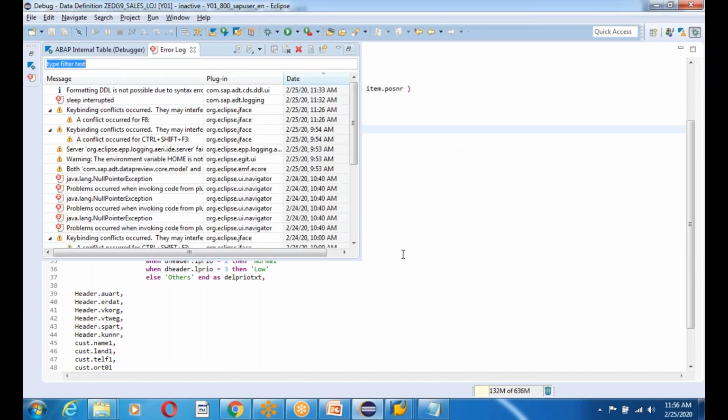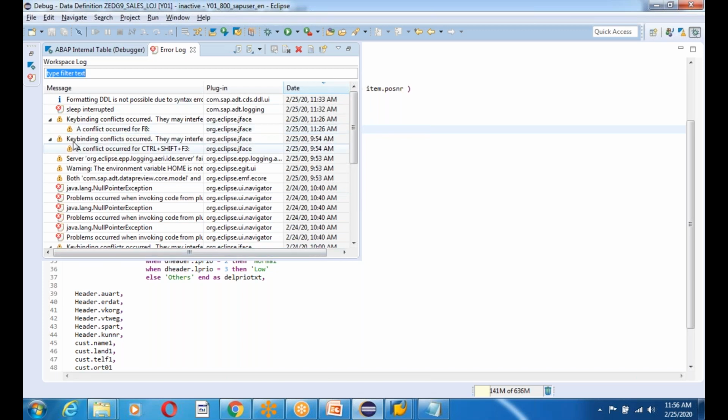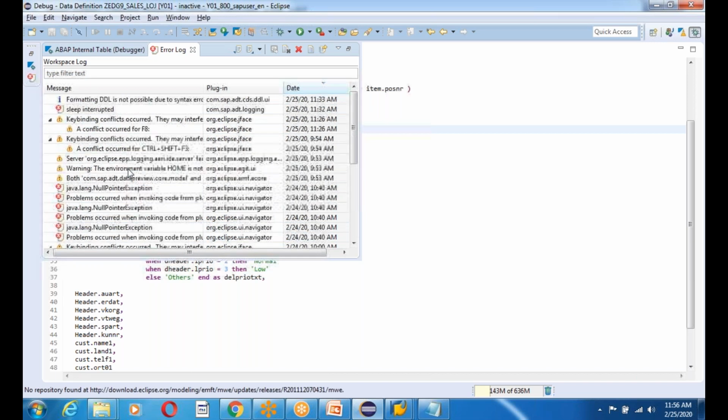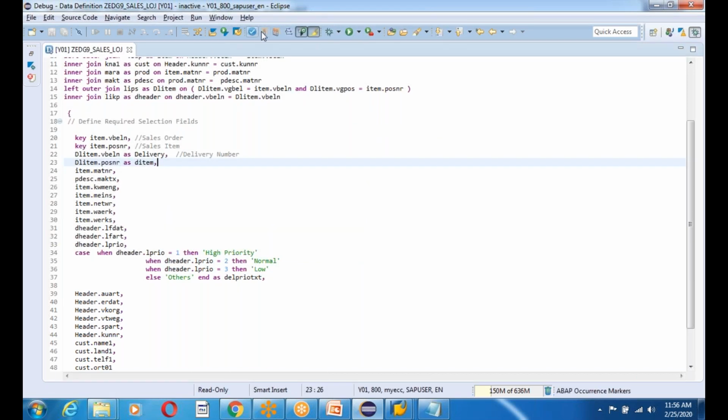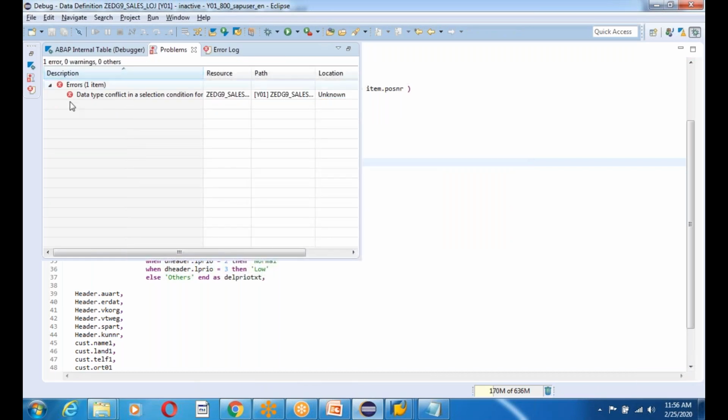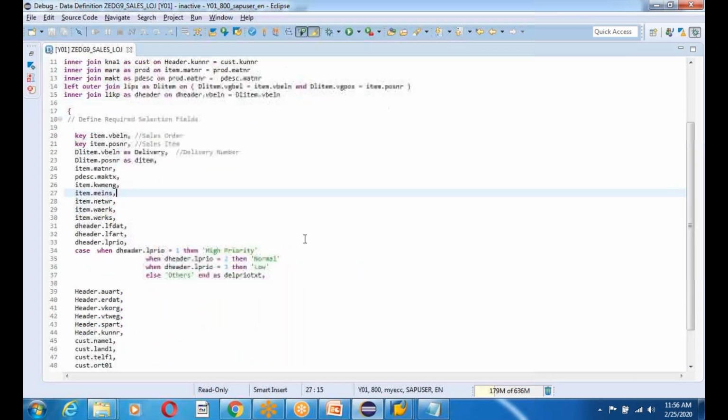Maybe the error log, I think. So try to activate. Data type conflict. This one is